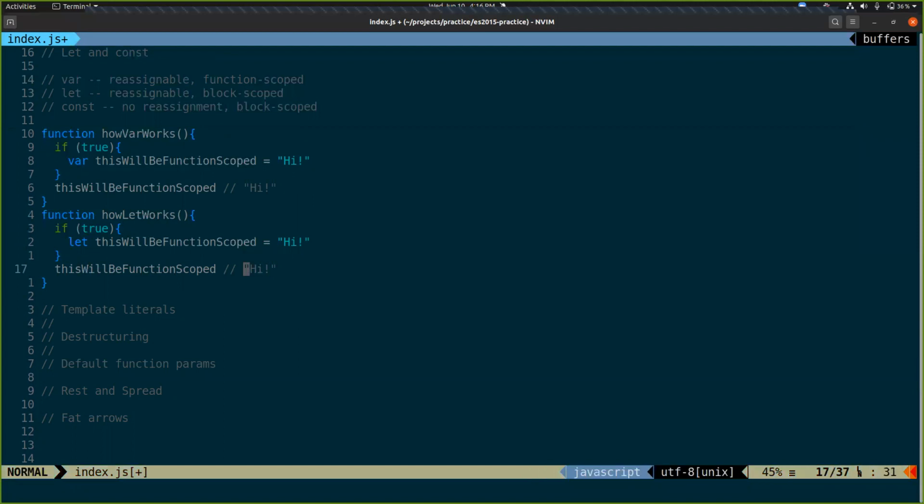That doesn't. This is also true in Ruby and a lot of languages. These curly braces, that's a block. We've got them on functions, we've got them on if statements, we've got them on for loops. Those are all blocks. With const and let, scope is defined by blocks. With var, it was defined by functions.